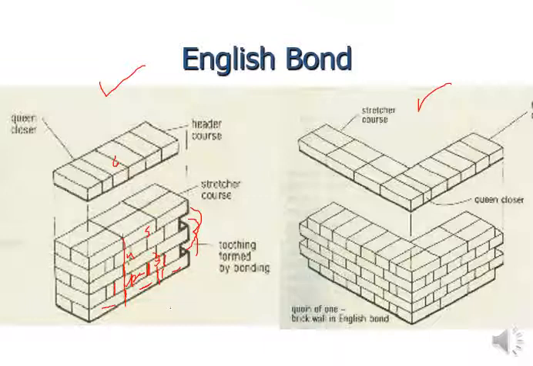This is the perpend. This perpend makes sure, while laying the bricks, where the stretcher for the next odd course needs to be placed. Here you place this second stretcher, then another stretcher in the odd course, and then another stretcher. Now above that again header, header, header: the first header, the second header, the third, and so on. Similarly, you can repeat it, and then again the stretcher, then again the header. So this is the easier way.